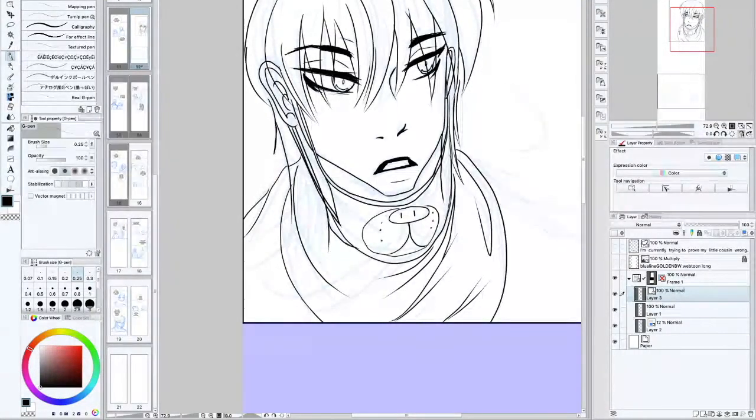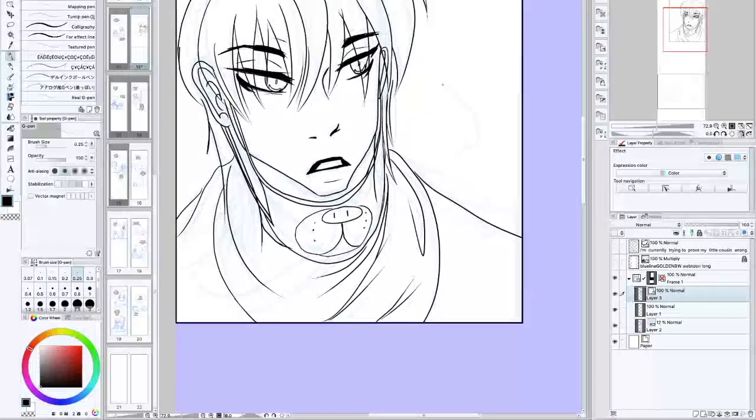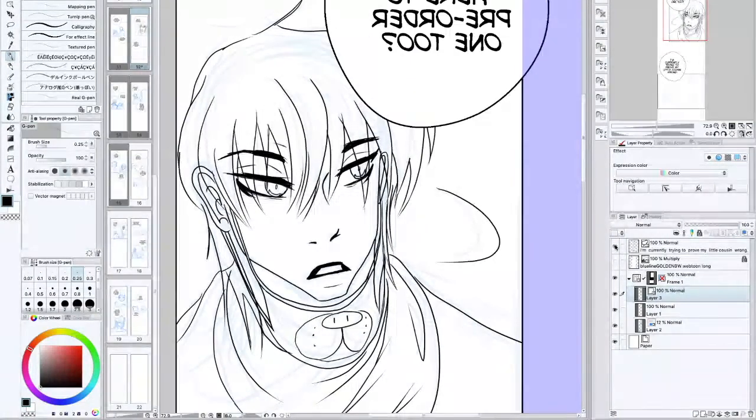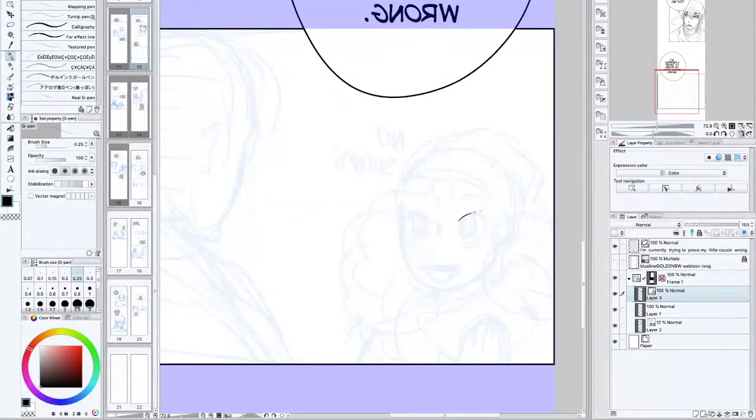After I think about what needs to be drawn here, I start the thumbnailing process. I'll do a rough thumbnail, and then I will clean up the thumbnails